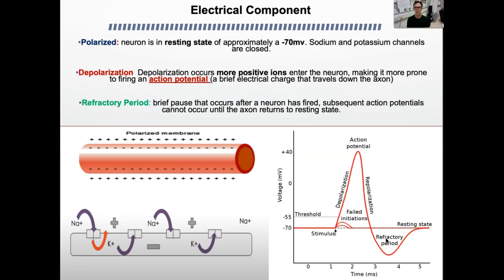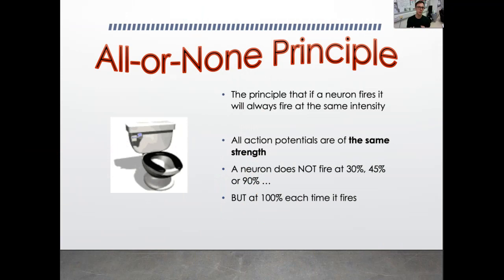So if you think about a camera, when you take a picture, right, and it flashes, it needs a second to recharge, okay? That's the refractory period. Right, so within the neural impulse, you have this principle called the all or none principle. Make sure you know this. It is the principle that if a neuron fires, it will always fire at the exact same intensity. Okay, so all action potentials are the same strength. A neuron does not fire at 30%, does not fire at 45%, does not fire at 90%, it fires at 100%